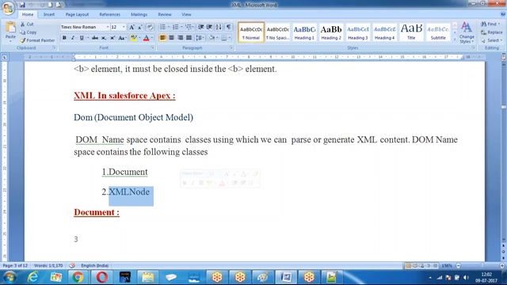What are they? Document and XML node. These are the two predefined classes defined in the DOM namespace.